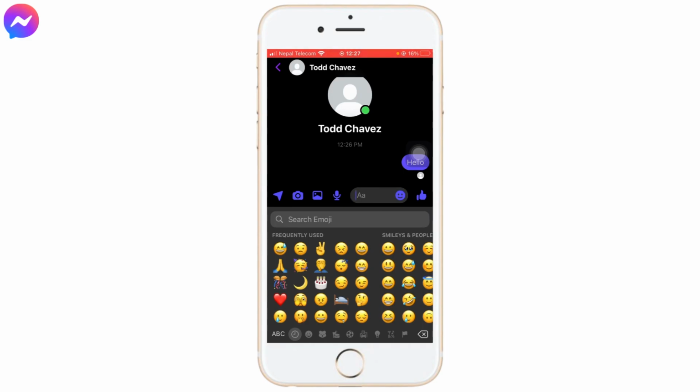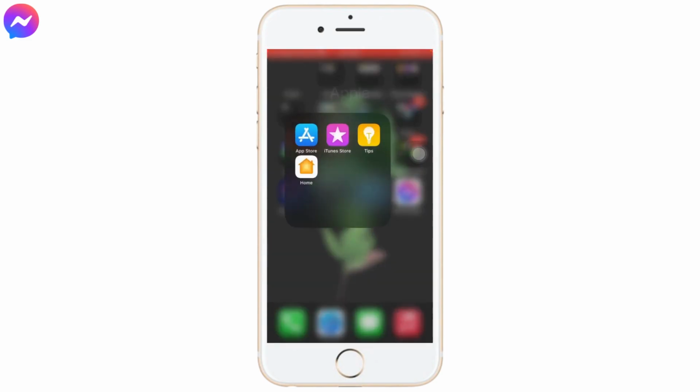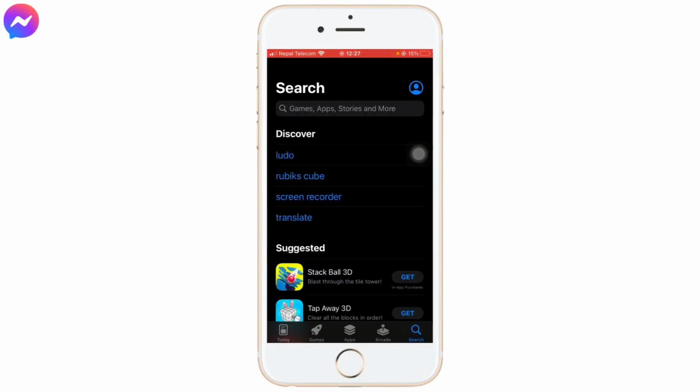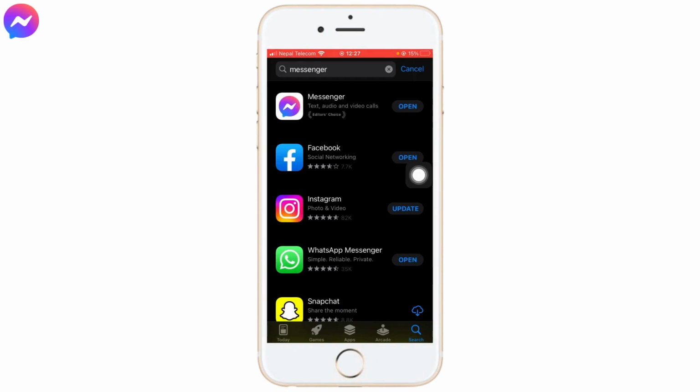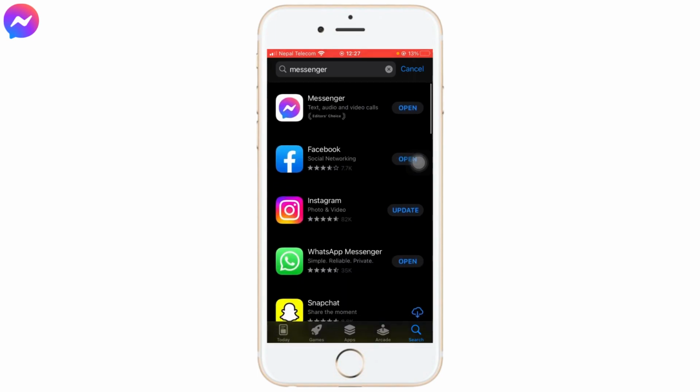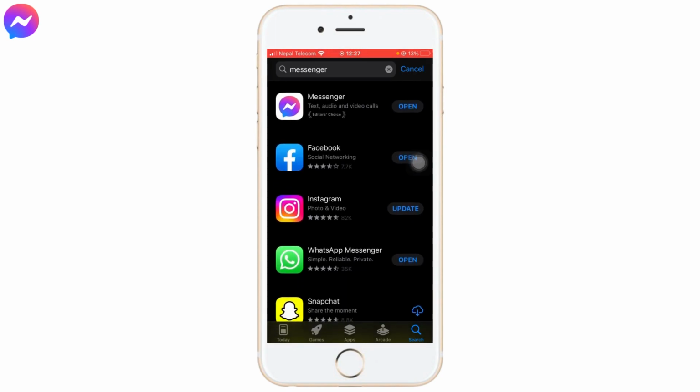the first thing that I'd like to recommend for you to do is go to App Store, and then in the search section of the App Store, search for Messenger. And after this page opens right here, if you have an update button instead of an open button right here, make sure that you update the app. So what this does is that it fixes all the bugs and adds new features to your Messenger. So this might be one of the solutions for your problem of fixing the Messenger emoji problem, or else what